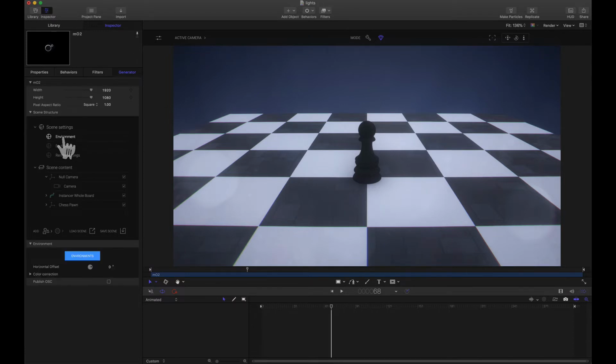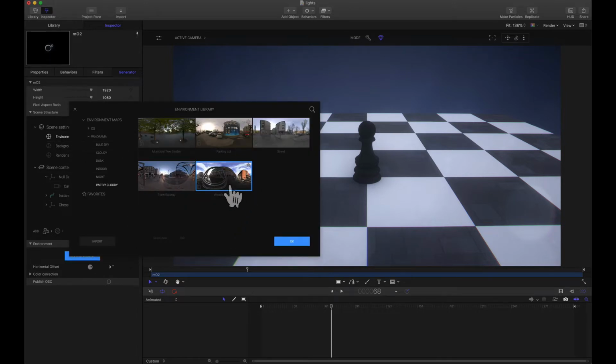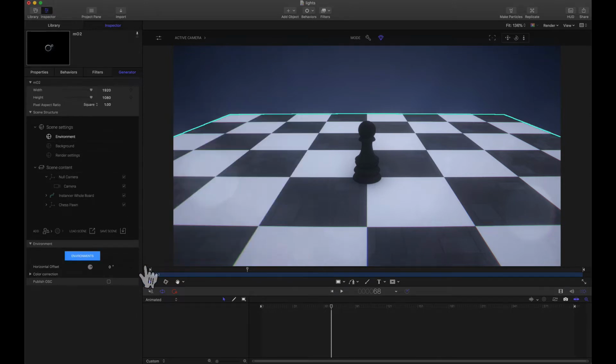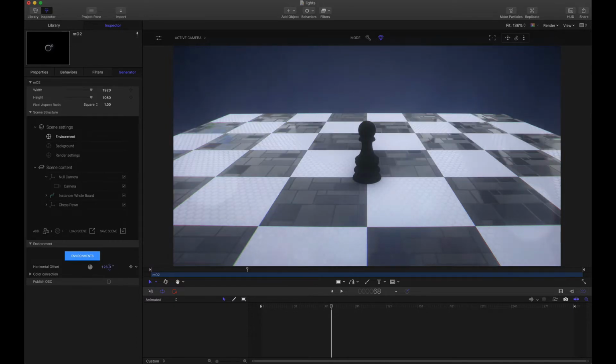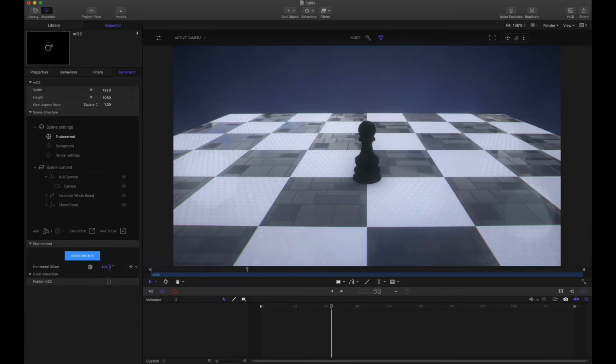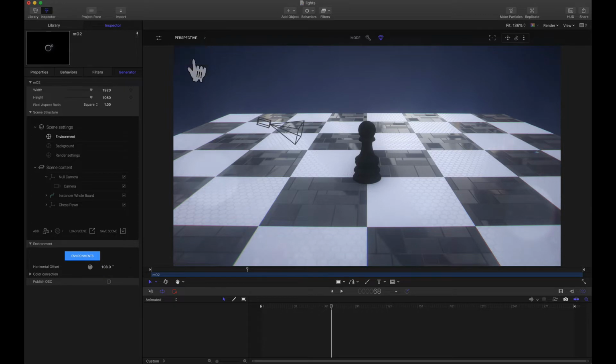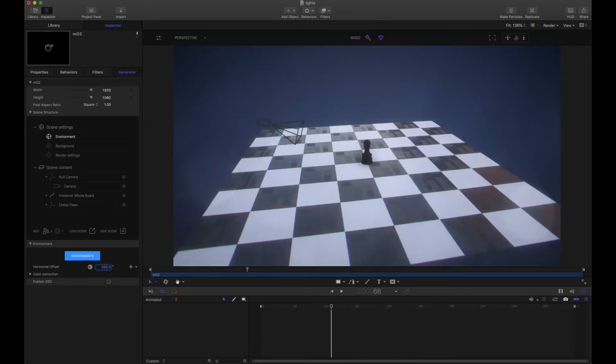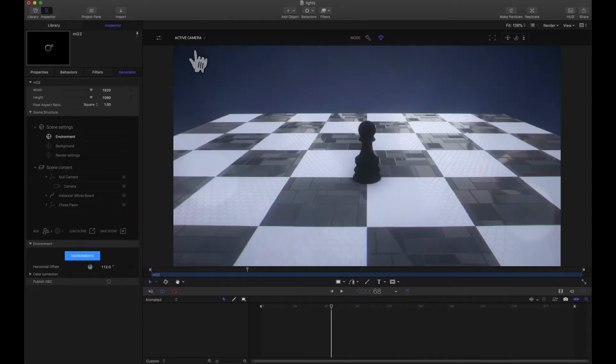We can get some nice effects with the environmental lighting. So clicking on environments, I have this wooden bridge environment, and if we come back here and adjust the horizontal offset, you can see just by animating the horizontal offset, maybe with some keyframes, you can get some nice effects. If I switch over to perspective camera, you can see that we can also see those changes in the lighting from our environment. Switching back to active,